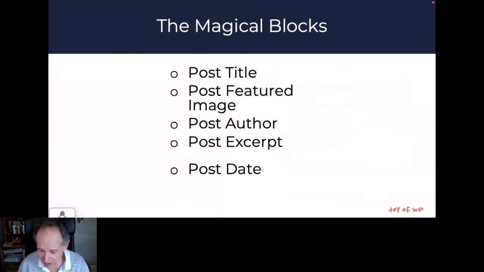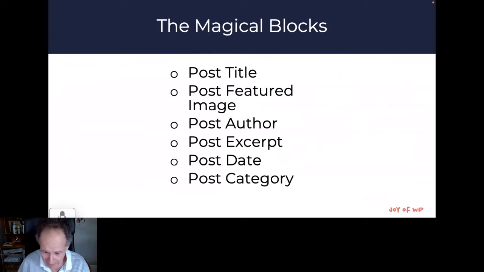You can see every one of these starts with the word post. And why do they call them magical? Because they're blocks. Each one of these, some of them are used quite a bit inside of the query loop block, but they pull pre-existing content that already exists in your database into a template that you use